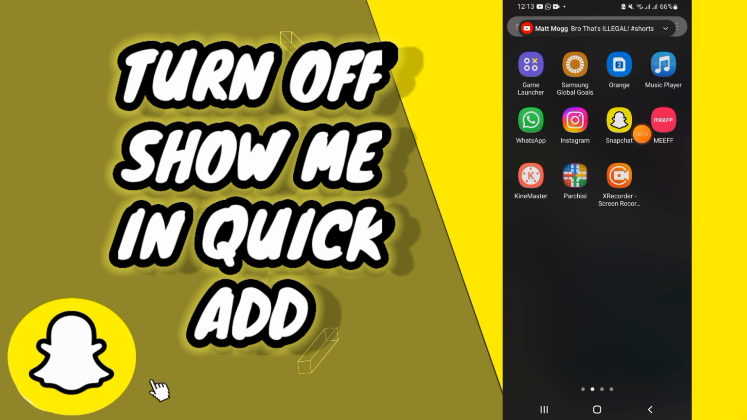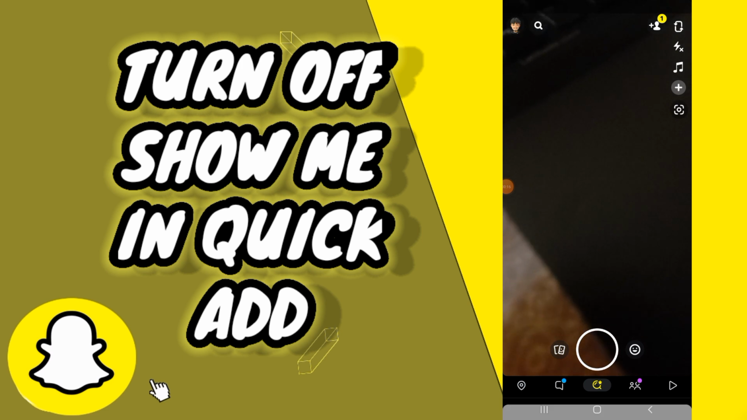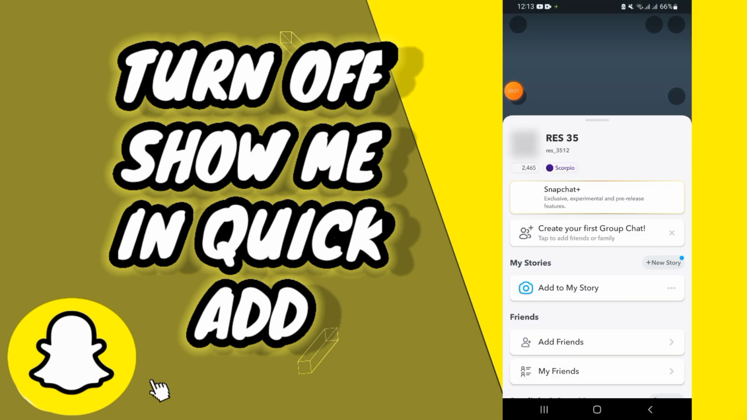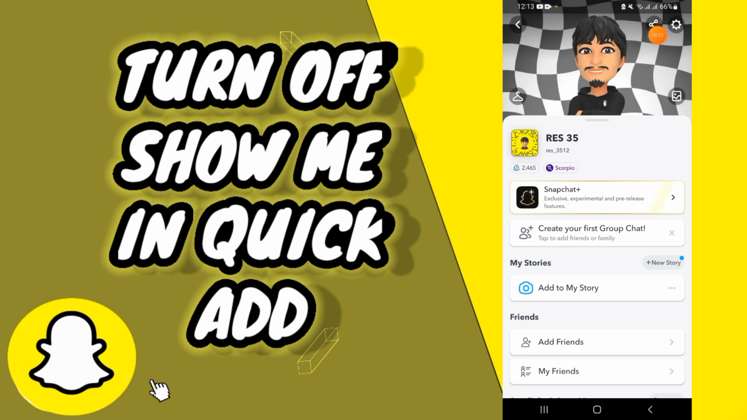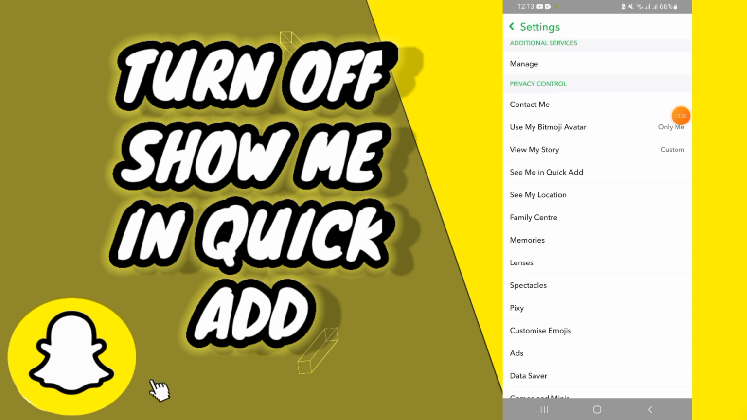You go first and you open Snap. After this, when your Snap is open, as you see here, it's the camera. You go here on your profile or your profile icon, then you click and then go to your settings here and click again. Then you will go down and you will go to See Me in Quick Add and click,